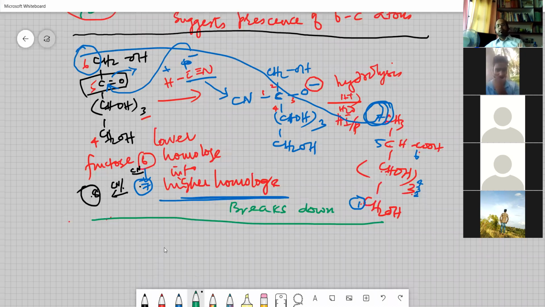So there are other tests also, for example, one reagent you add in the test gives a pink color. I can tell you the test later. And this on reaction with that is okay. So the configuration of glucose is therefore established as having 6 carbon atoms, and also it forms